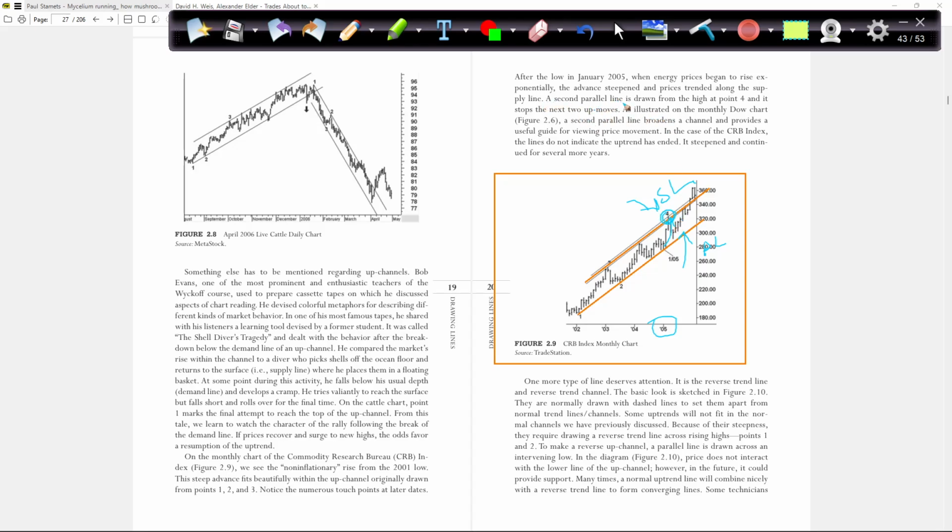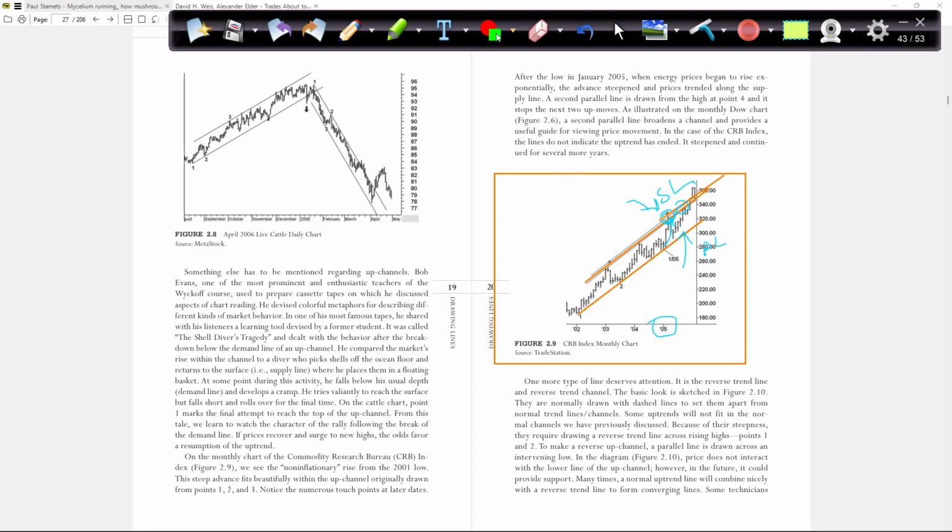A second parallel line is drawn from the high at point 4. So draw a second parallel line from 4, and it stops the next two up moves here, as illustrated on the monthly Dow chart,